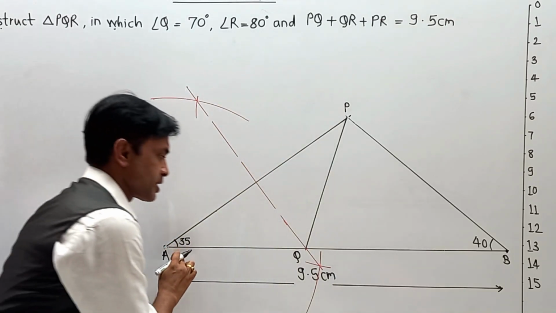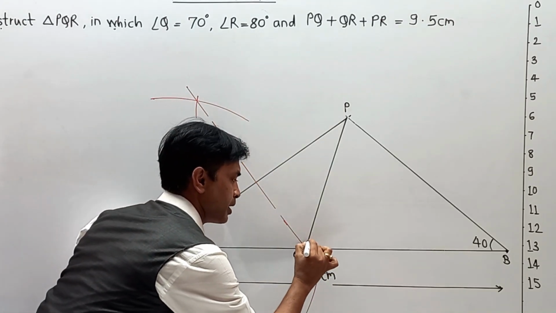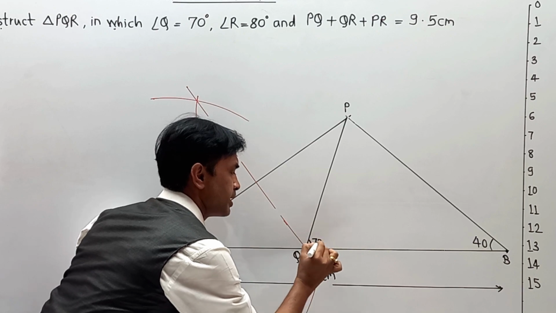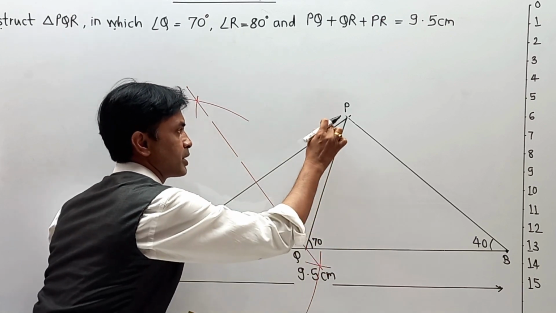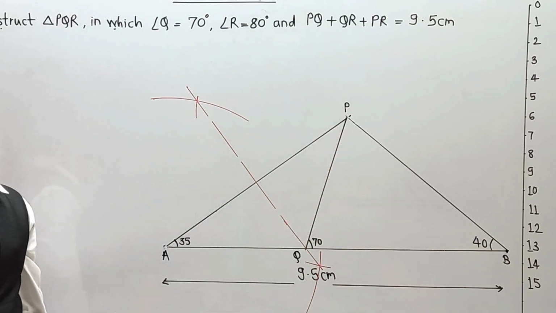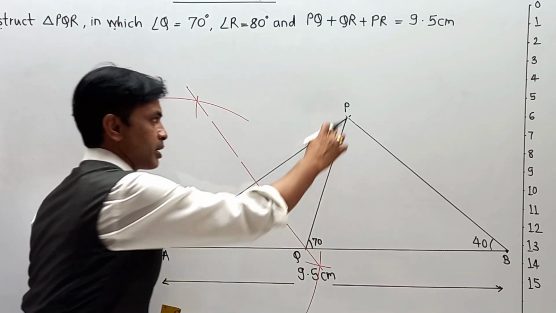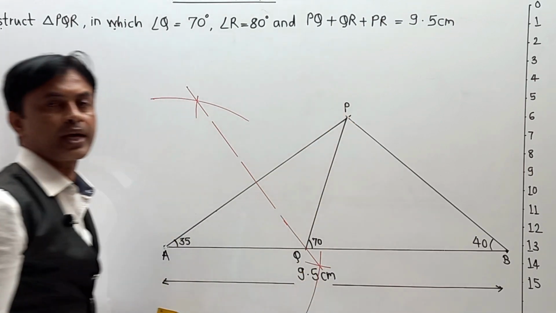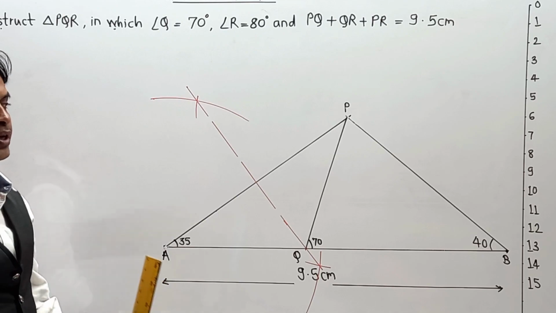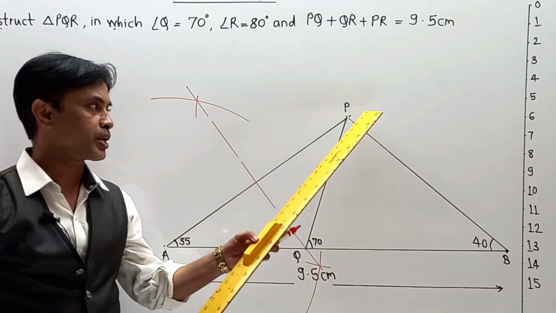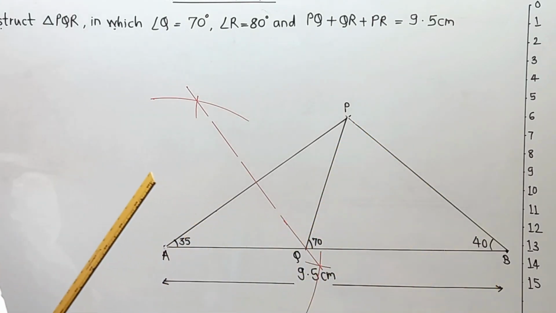Now definitely this is 35, which means this angle will be double, and that will be 70 degrees. No doubt this angle is also 35, but we are not interested in that. So our PQ, this respective angle becomes 70 degrees. Now we have to follow the same procedure for PB over here.